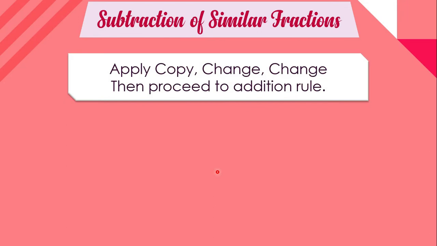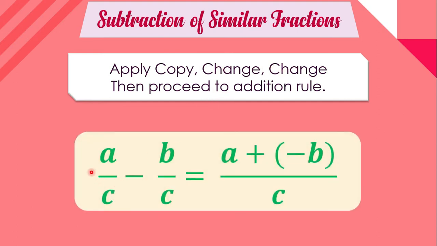We're going to apply the rules in subtraction of integers, which is copy, change, and then proceed to the addition rule. Like for example, in representation, you have a over c minus b over c, that is equal to a plus negative b. So you apply copy, change the rules for subtraction of integers, and then all over copy your